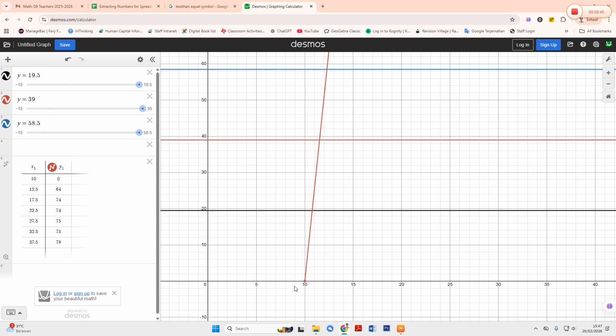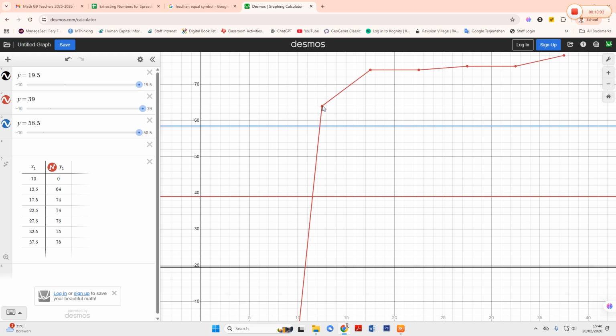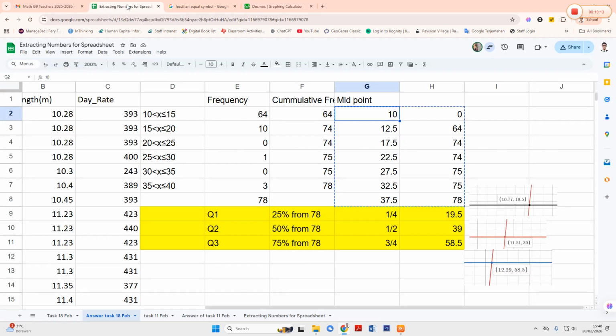This is 0, this is 10, which means below 10 the data is 0. Then below 12.5 the data is 64, below 17.5 the data is 74, and so on. That's the way to read the data.